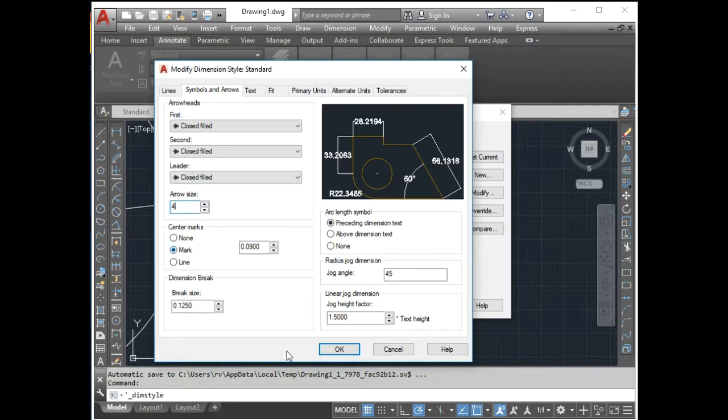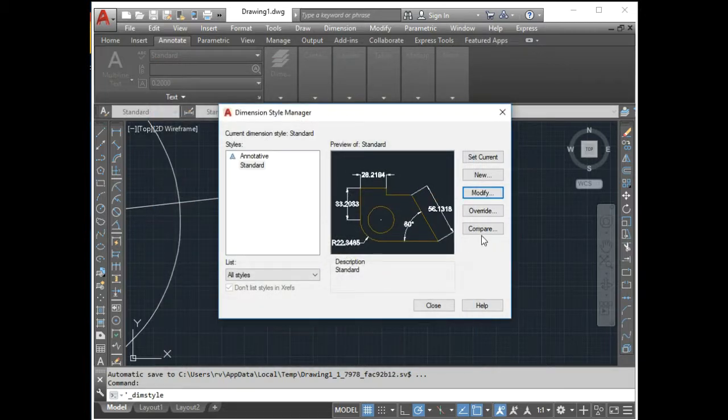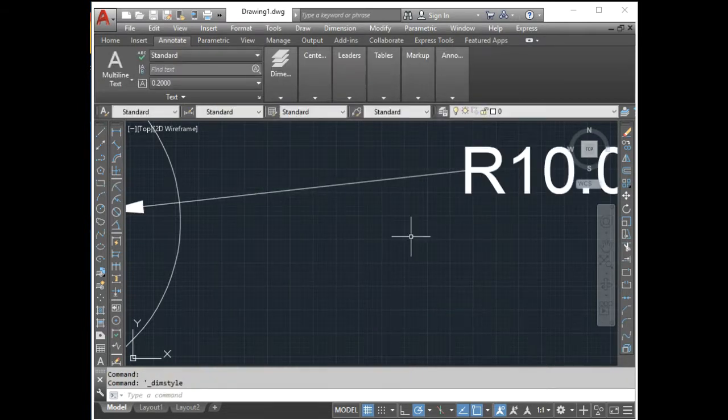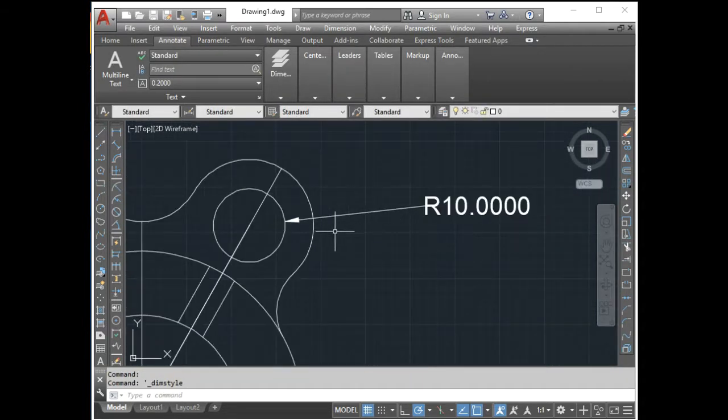Okay, set OK, set current, close. Okay, this is enough. And similarly take dia radius,